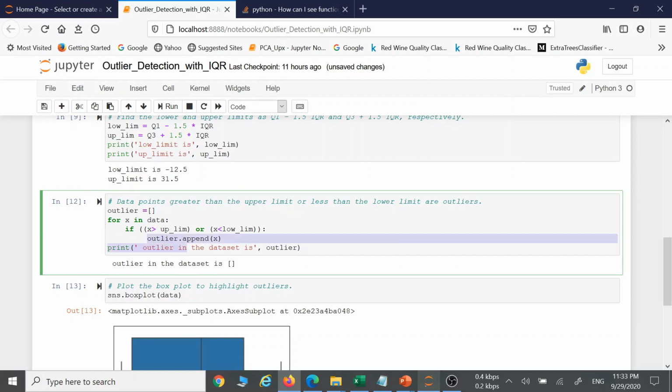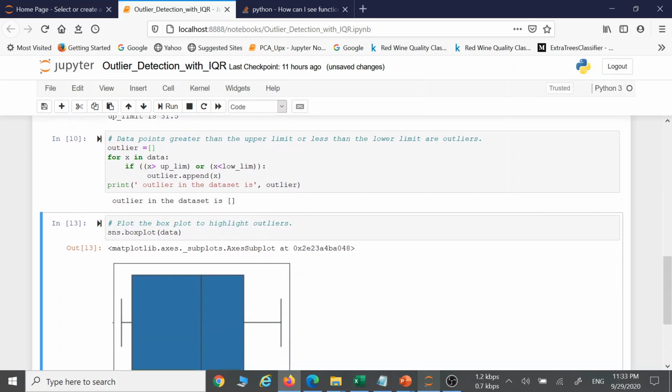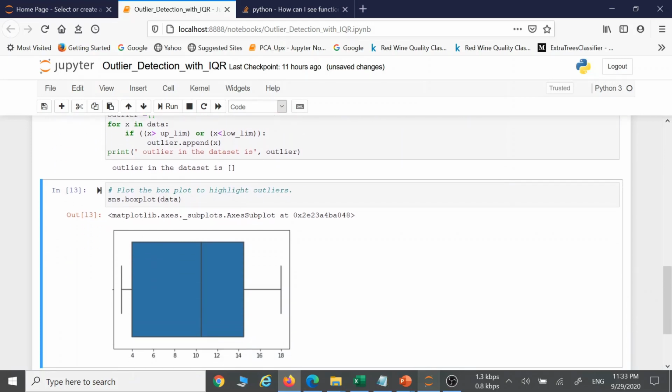Then outlier.append adds whatever outlier we get to this list. If I run this, there is no outlier in our data set, so it is not showing any value. If we want to plot this, you can directly use a box plot and mention the data array. It will automatically plot everything.